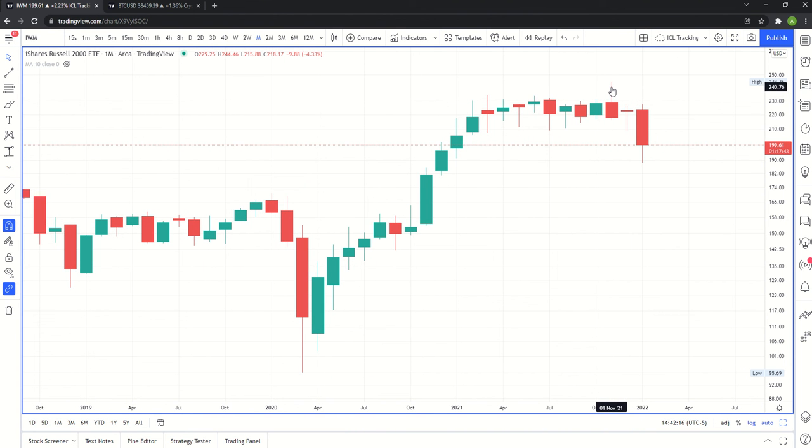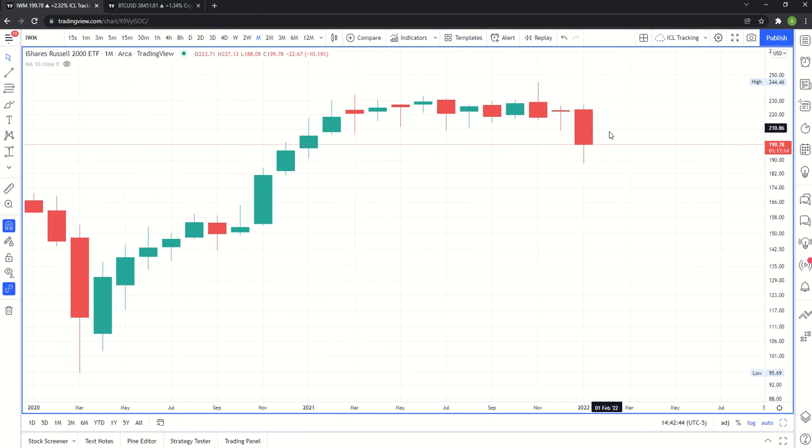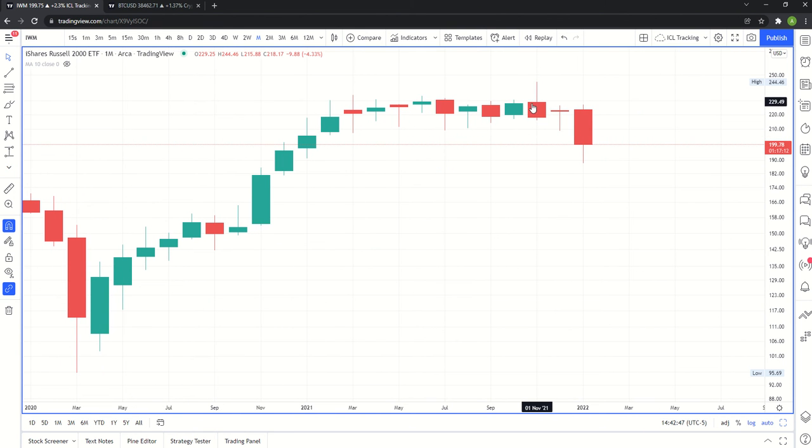Now, keep in mind, and I'll do a separate video on this, but it's important to keep in mind that candles change over time before they're finally formed, right? And this is a monthly candle, so it was formed over the course of 20 trading days, so it looked different at different points. This huge upper wick here means at some point this candle was a beautiful bright green, right? How do I know that? Well, this is a red candle, which means this here is the open, right? The top of the body is the open. So this candle opened here,